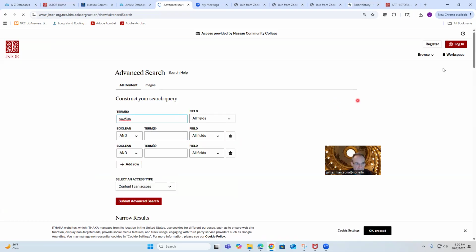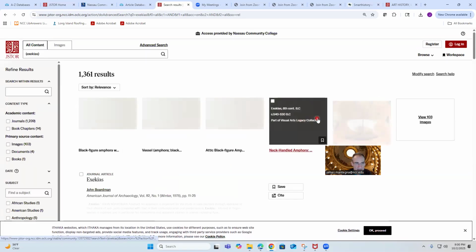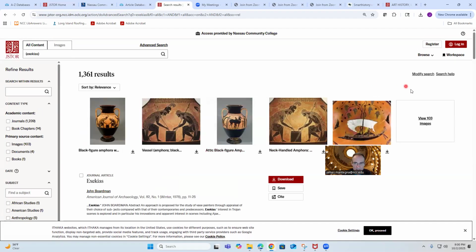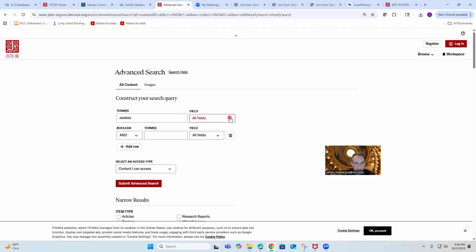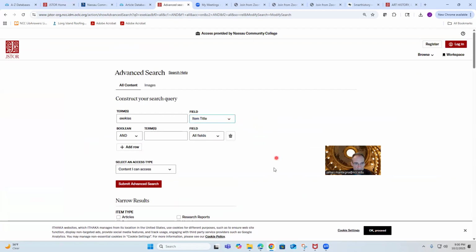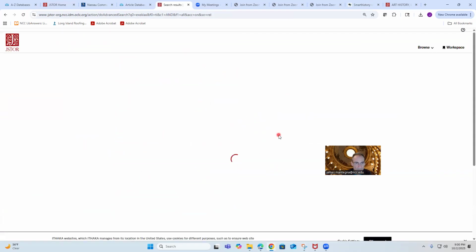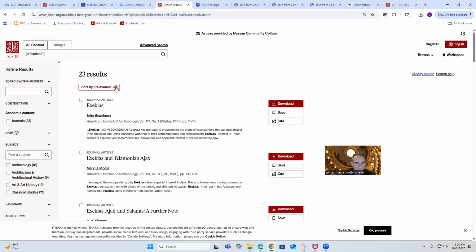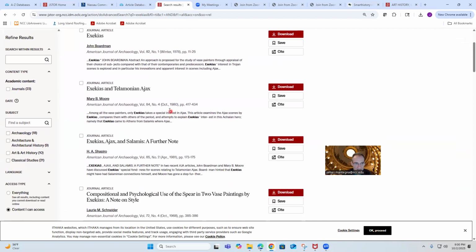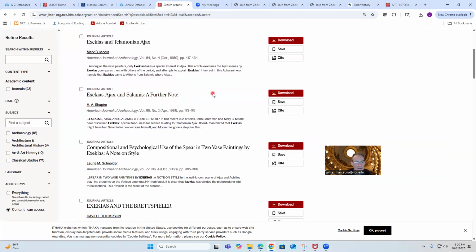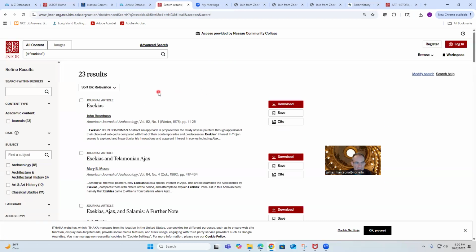Say an ancient artist like Exekias, I can go back and say, is the artist in the title? Submit advanced search, right? 23 in the whole database that have Exekias in the title. So the other nice thing about JSTOR is if you start out